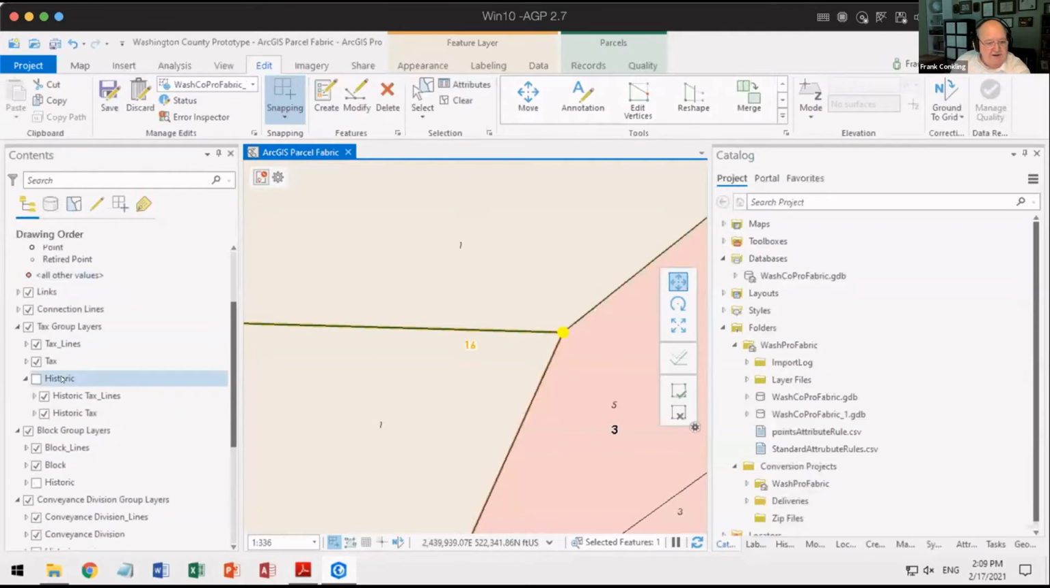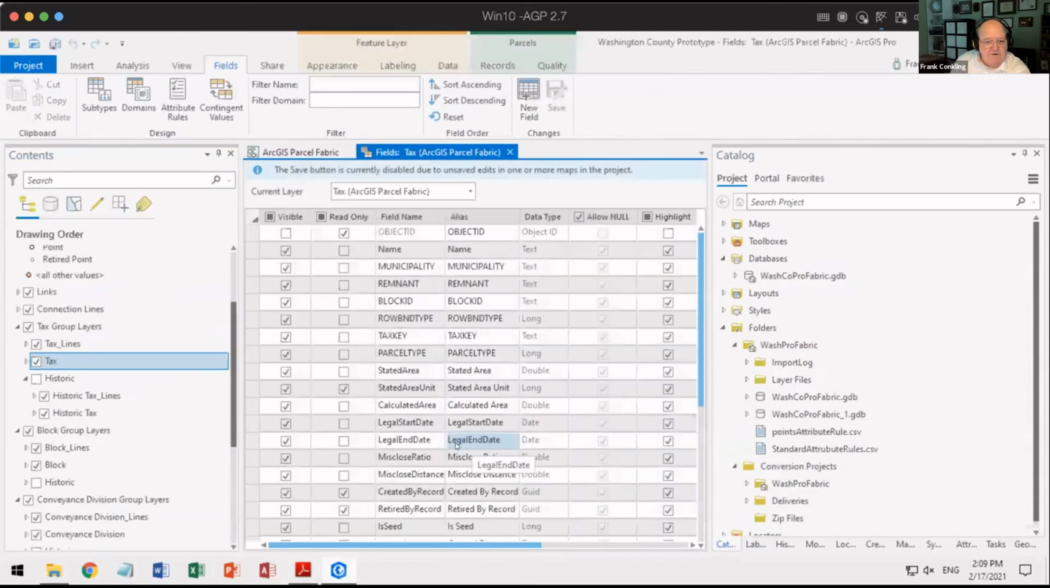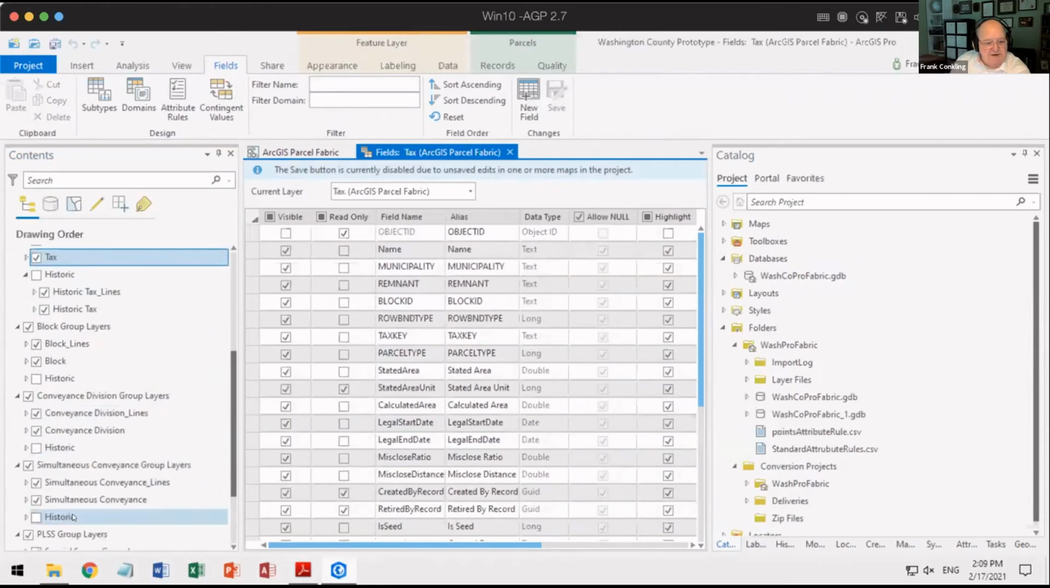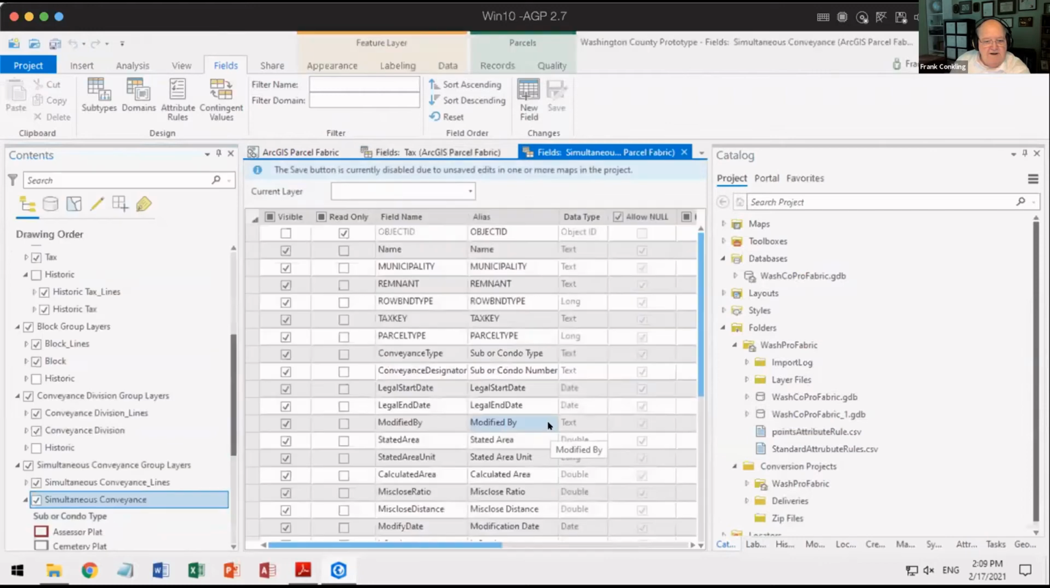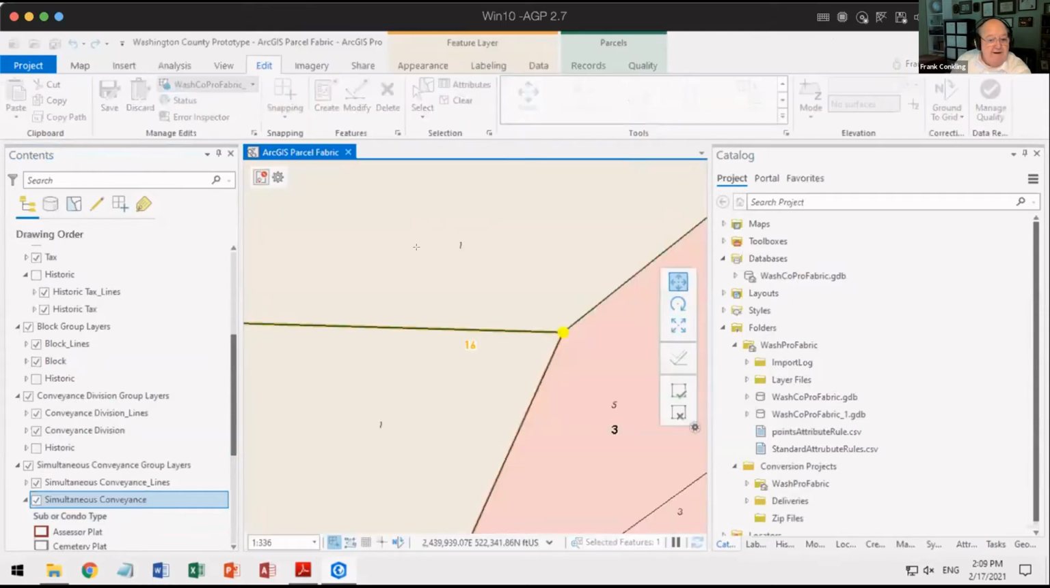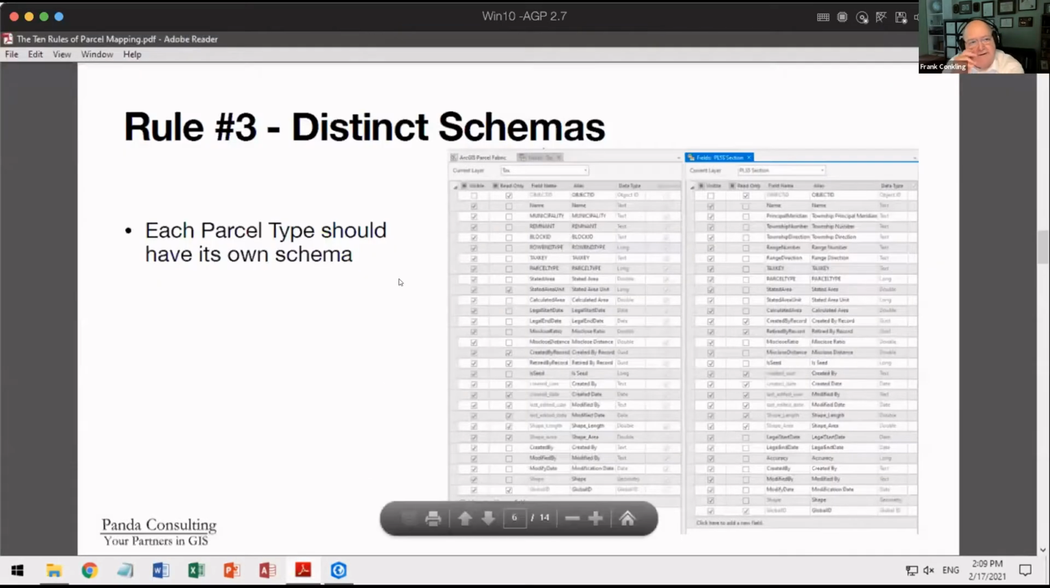And again, just to illustrate this, this is my fields for my tax parcels, and I can have my simultaneous conveyance fields, and they can be different. They don't have to be the same anymore. They can have similar ones, but they don't have to be exactly the same as they were in the previous parcel fabric. So the third rule is about the fact that the new parcel fabric, ArcGIS Parcel Fabric, does not require that you adopt their exact schema to work,